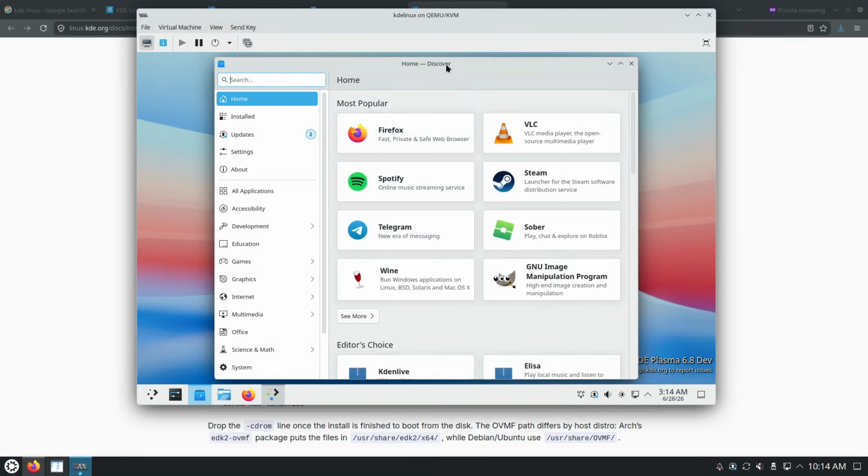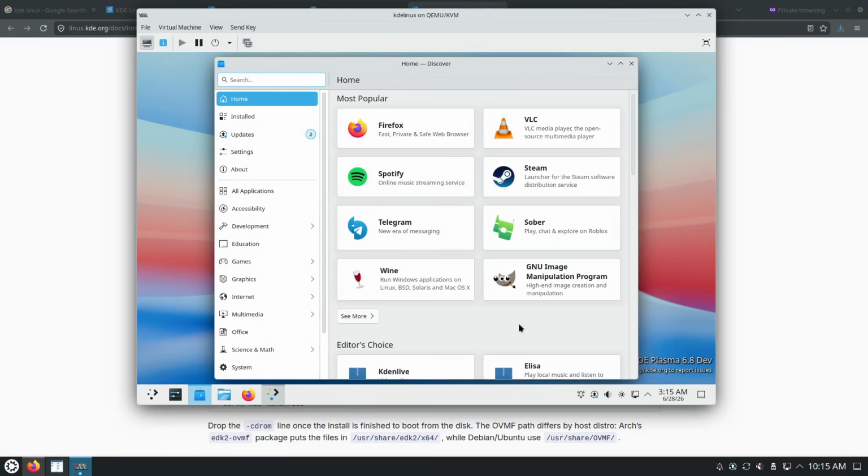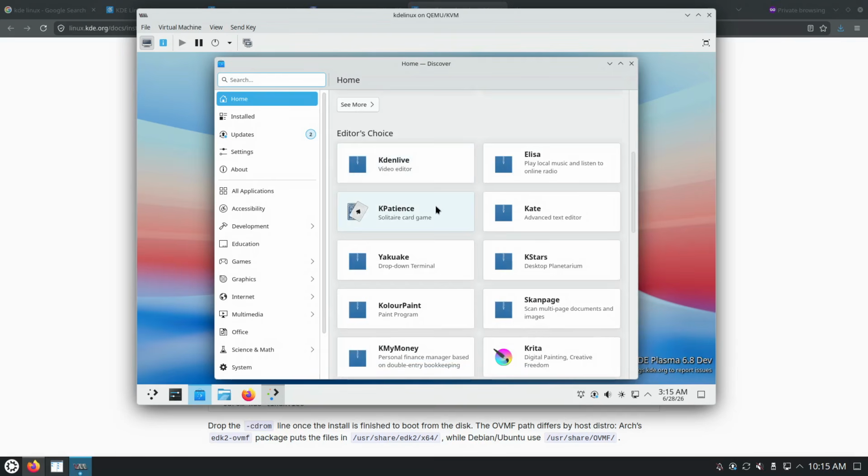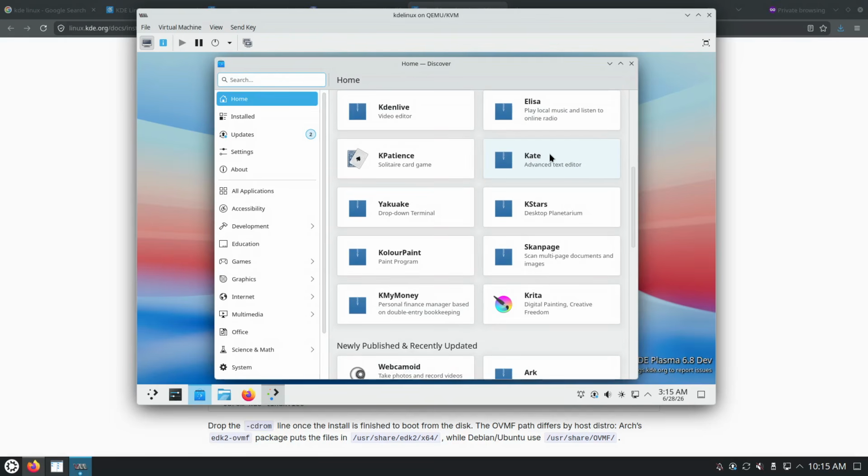Okay, the App Store Discover opens in the tab Home by default. In here we have a list of most popular, which is a fine selection. And then the next one is a list of apps suggested by the KDE community. It's called Editor's Choice. So we have an audio music player, the text editor that I prefer, which is Kate, a game,